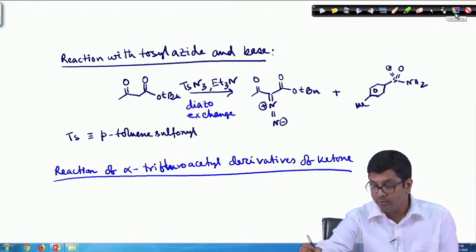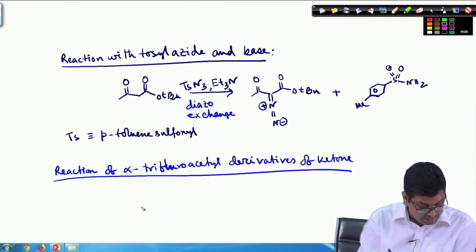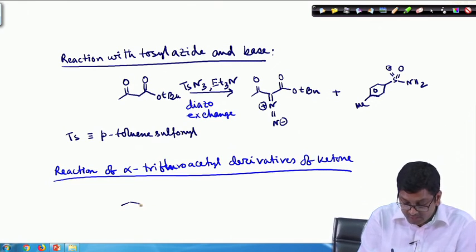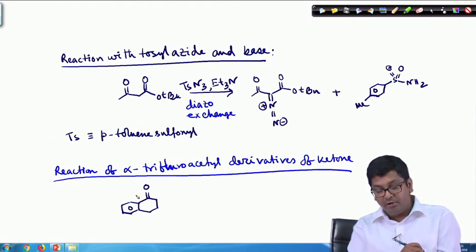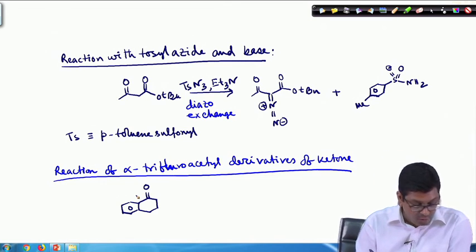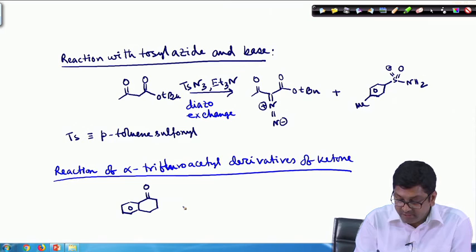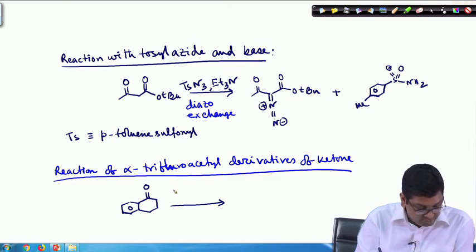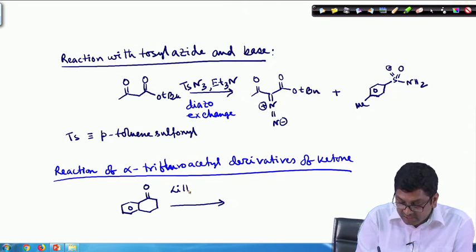So, for example, we can take the corresponding ketones. Okay. So, if we take this ketone and then in presence of some strong base, as for example, lithium HMDS,